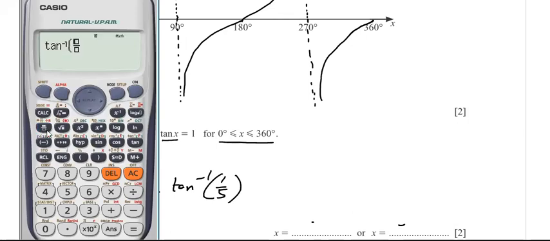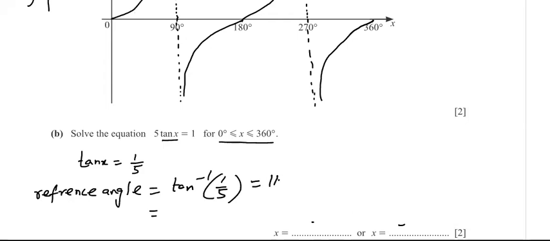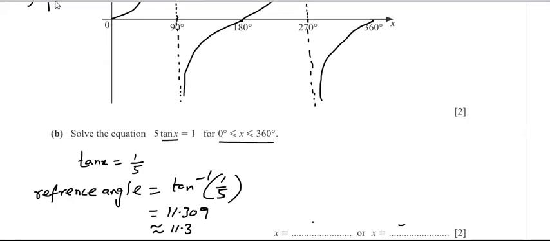Shift tangent 1 over 5. It will be 11.309. Right here, 11.309, which you can round to 3 significant figures, so it becomes 11.3. This 11.3 is the reference angle now. But what you have to do after finding the reference angle,